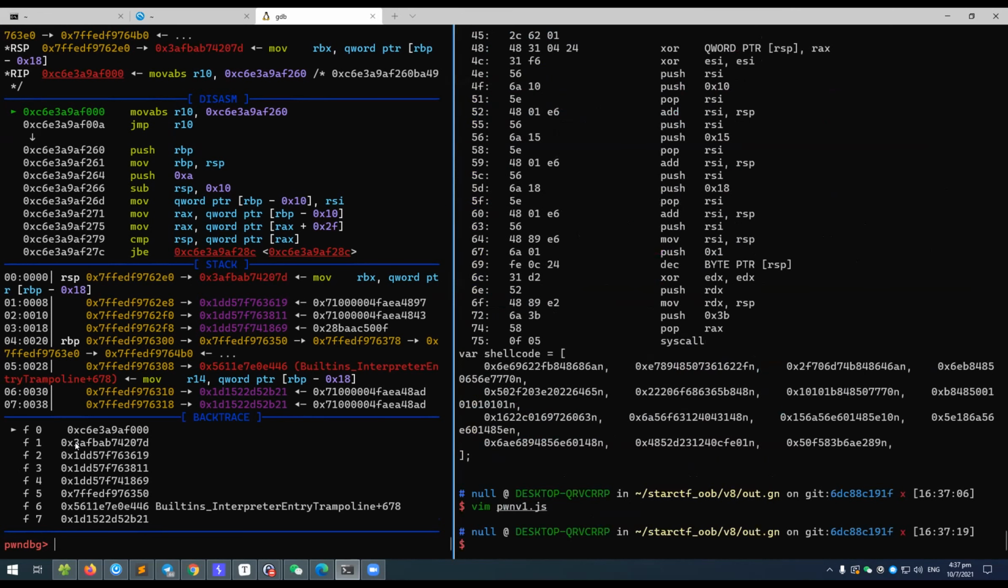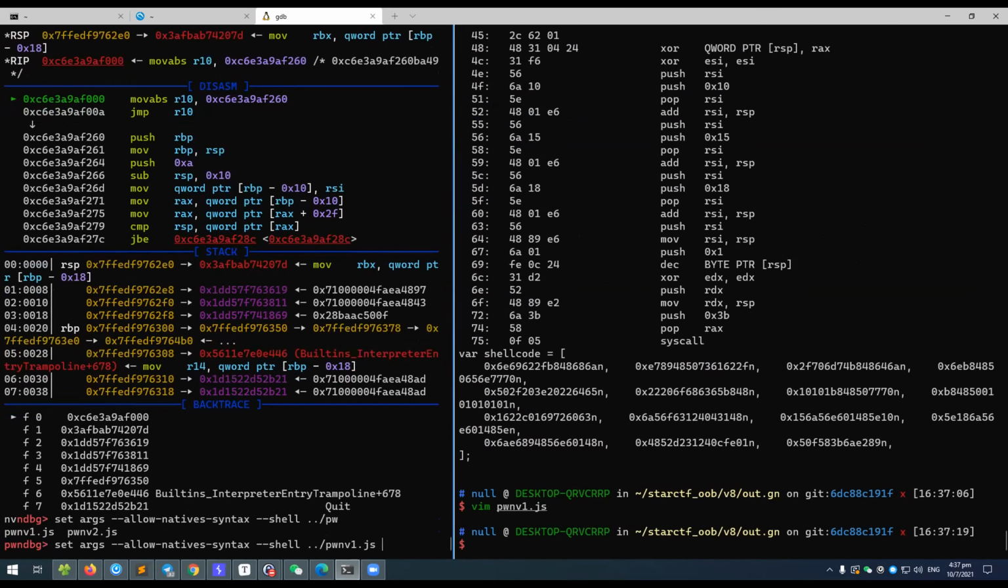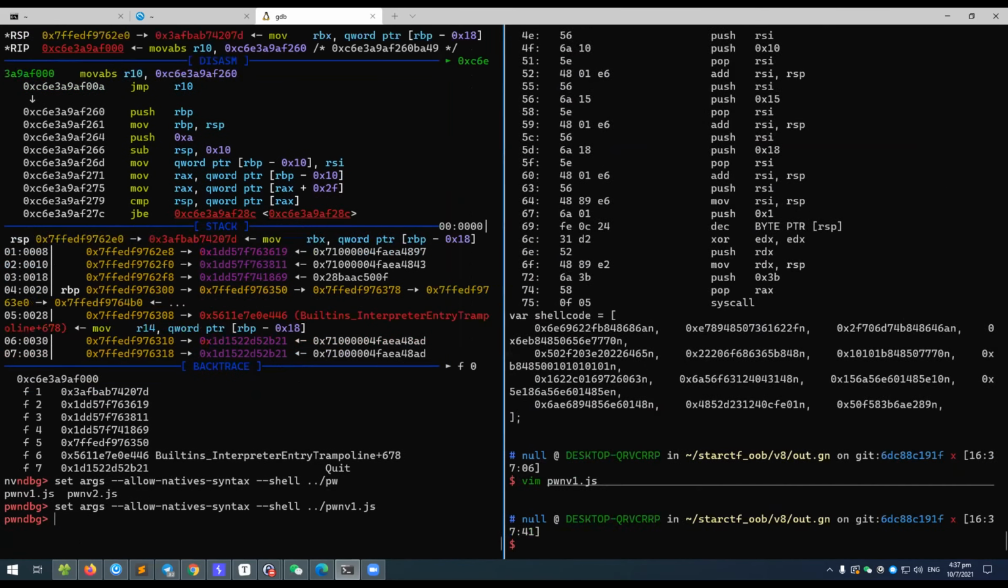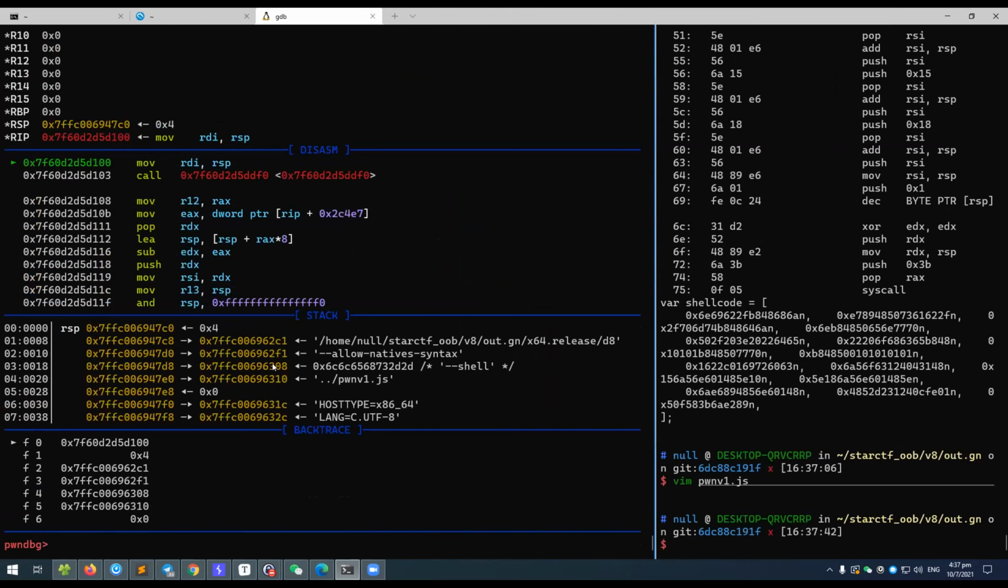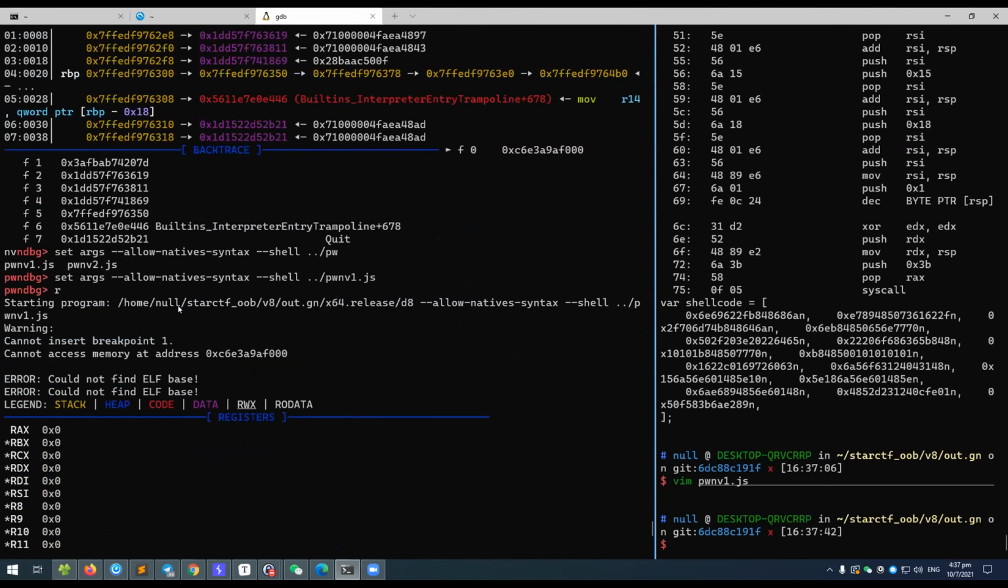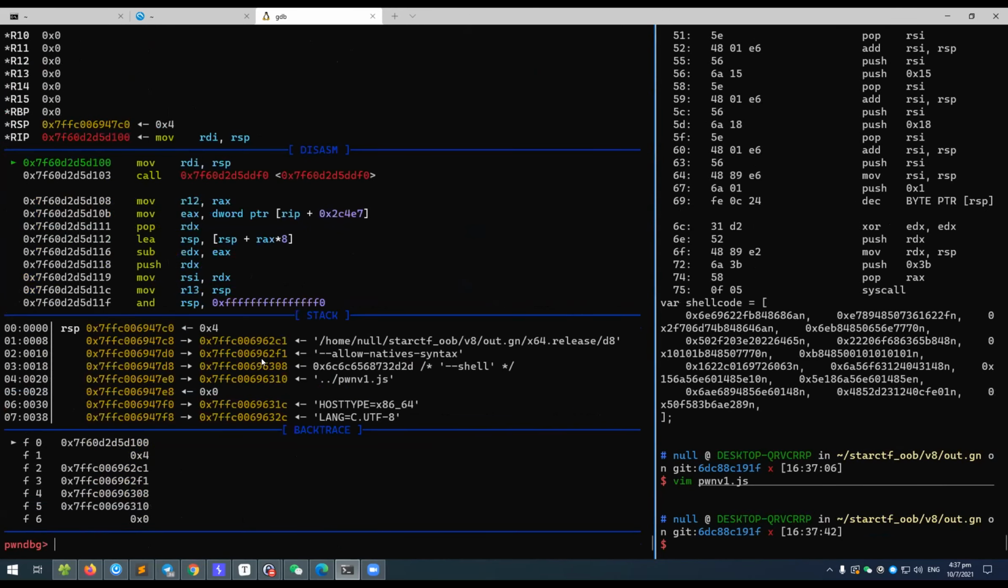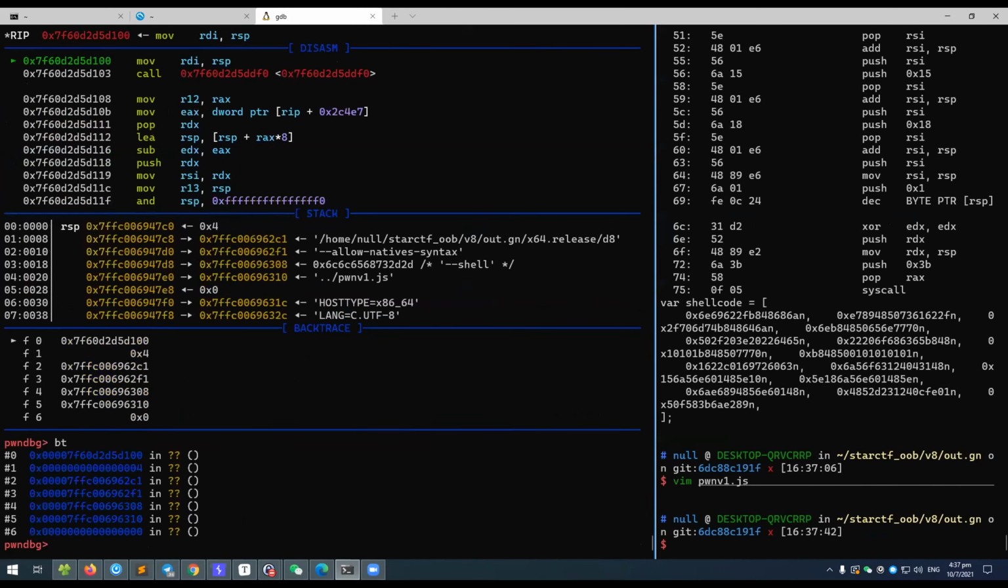Okay. So now we can try to run our script. Then we can try to run this. Actually, this won't work. It will cause the seg fault somewhere. If we take a look at the backtrace,